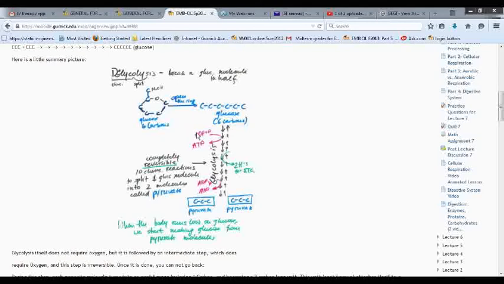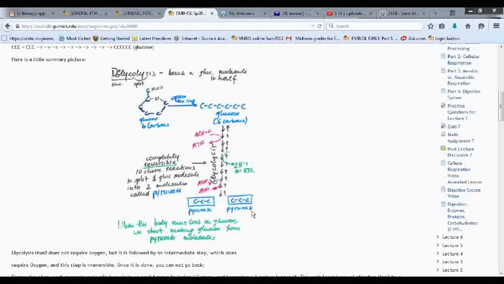As a result, by splitting the carbons, remember when you split a chemical bond, you release a lot of energy, and you release enough energy to make 2 ATPs in the process of glycolysis. Okay. The process of glycolysis is completely reversible, which means that if you really are running out of glucose, you